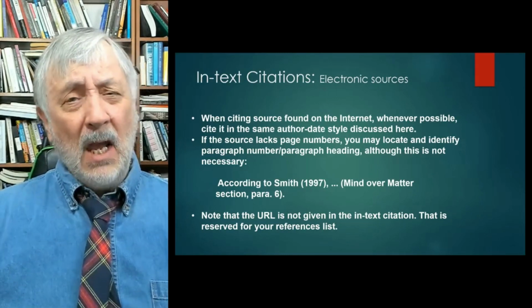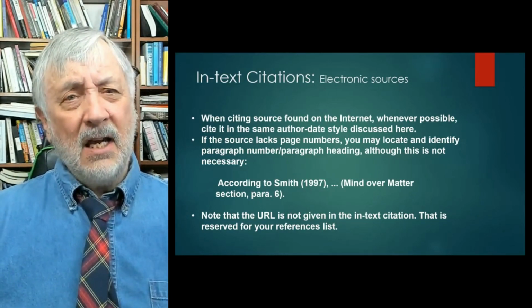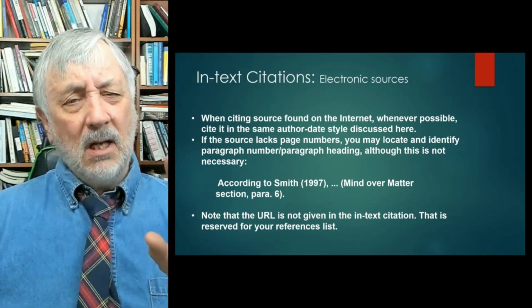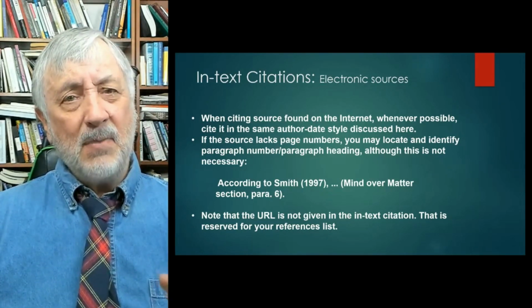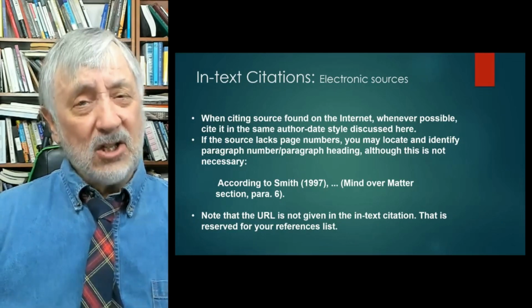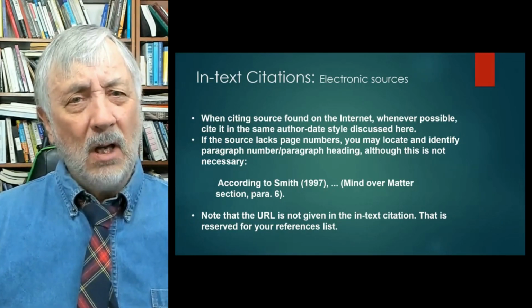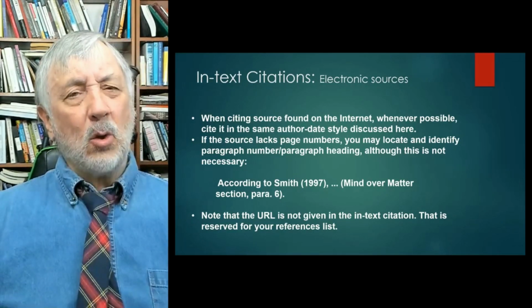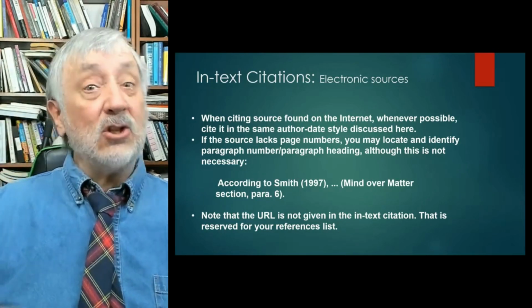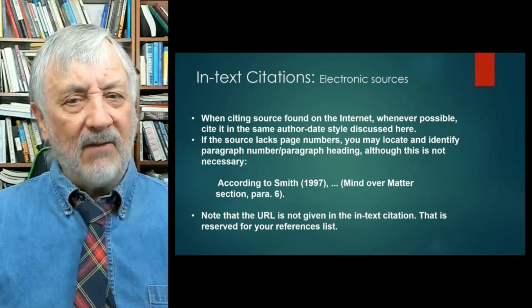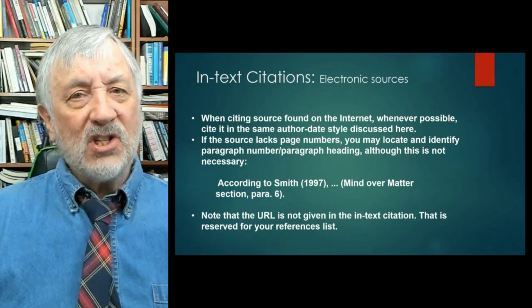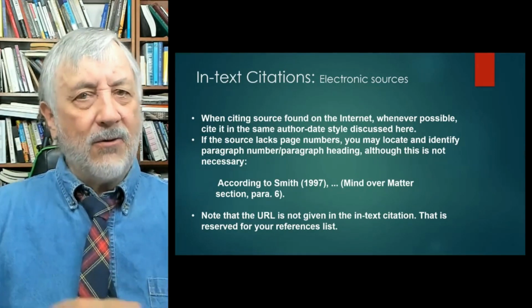Maybe it's a very long web page. Or sometimes even in databases, you might find a single page that has an entire article. They haven't formatted it as a PDF, and there's no page numbers, and they just have the entire thing on a single web page. So you can refer to the paragraphs. In this case, you have to count down. So 1, 2, 3, 4, get the paragraph number. Or you could refer to the section 3 or something like that.